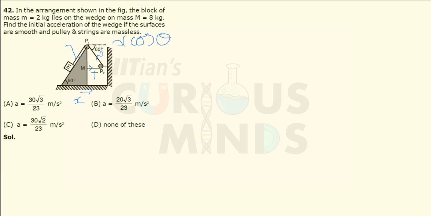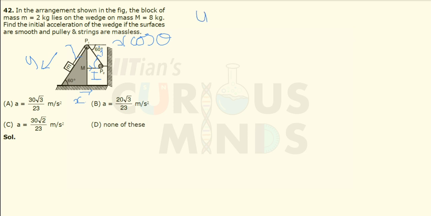The wedge is moving x distance on the right hand side, so the horizontal distance that is reduced, let it be equal to x. The distance on the incline, that is along this thread, that is reduced is x cos theta, or x cos 60. If this is 60 degrees, this will also be 60 degrees. So by constraint motion, whatever distance is reduced by the capital block will be the distance increased over here, let it be equal to y.